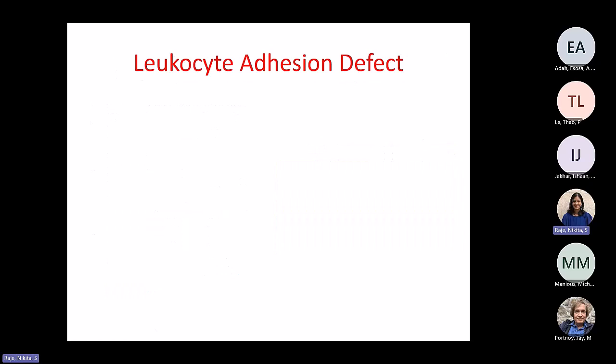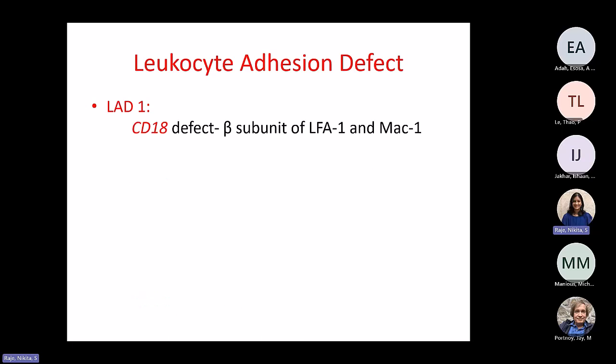All right, so what happens if the leukocytes have a problem with the adhesion molecules? You have heard about leukocyte adhesion defect. There are 3 different types. LAD type 1: does anyone know what adhesion molecule is affected? Is this with like CD18? I think this affects the integrin portion, right? Correct. So CD18 defect. If you remember the table with LFA1, MAC1, CD11A, CD11B interact with CD18 to form